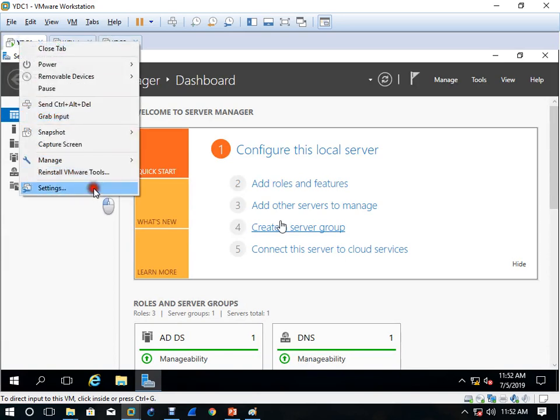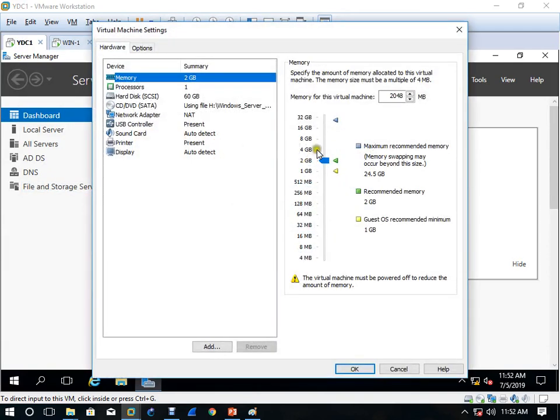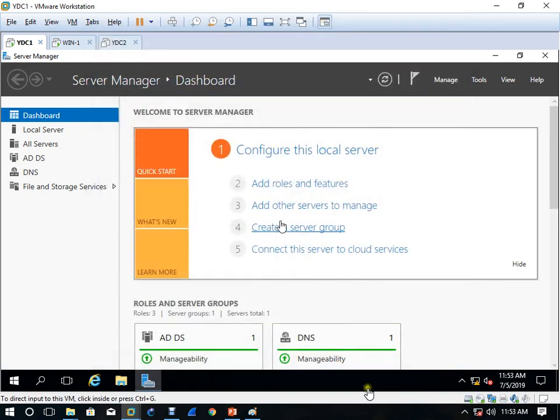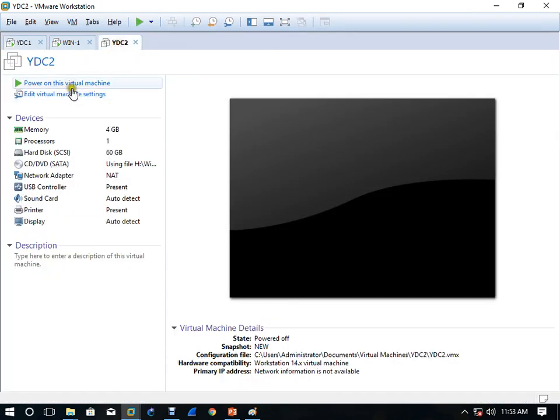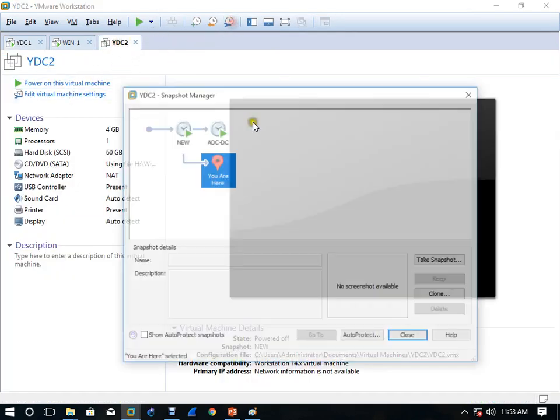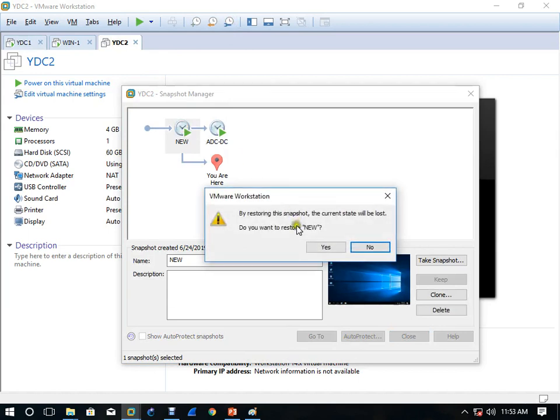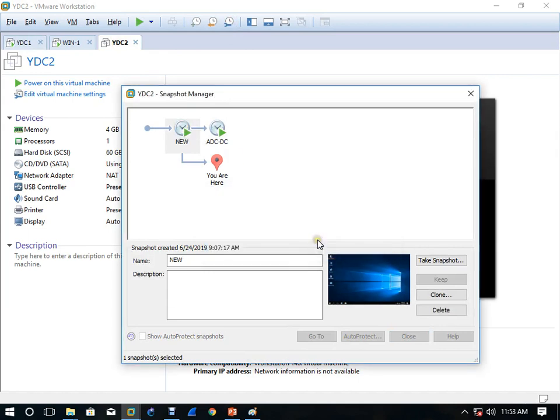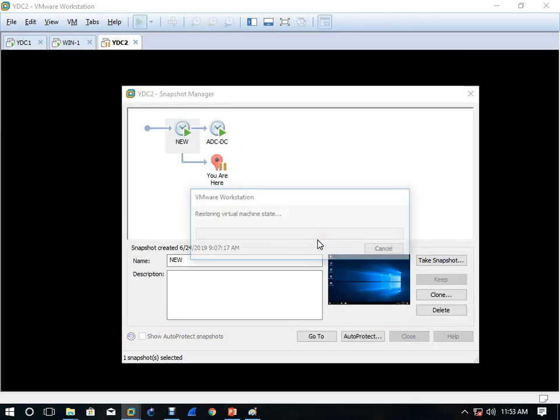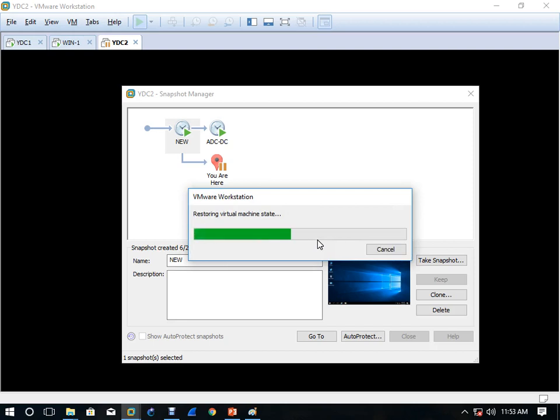We'll give 4 GB RAM here. The other server will get 2 GB. On this server, let me come here and take a snapshot as a new server, no Active Directory, nothing. We will make it a client, a child, sorry.